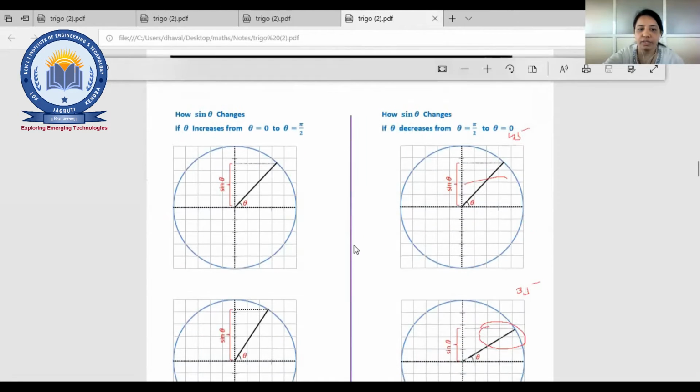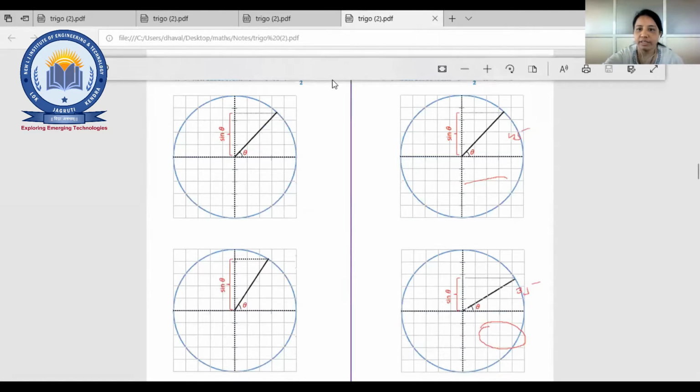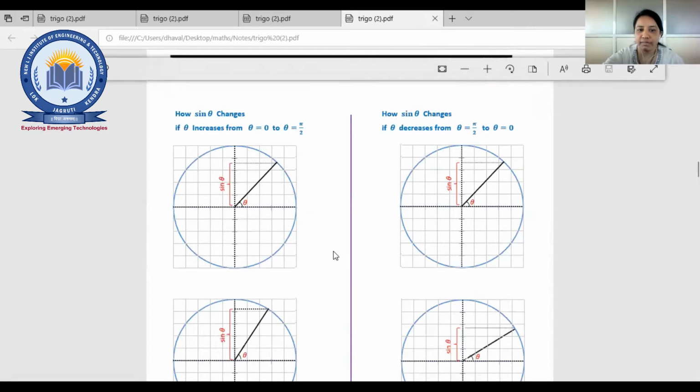Now next thing is what? Same thing, but that is for sine theta. So obviously the reverse case of that is going to be there. You can see in the figure, right? This is for sine theta. Now if the value is moving, that means theta value is moving from 0 to pi by 2. That means from here 0 to pi by 2. So you can see that this is a 45 angle. Sine theta is on the y-axis, right?